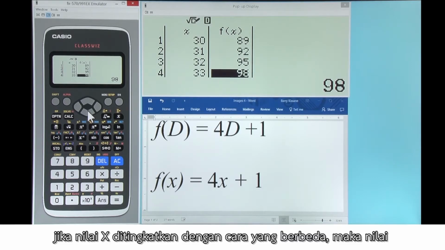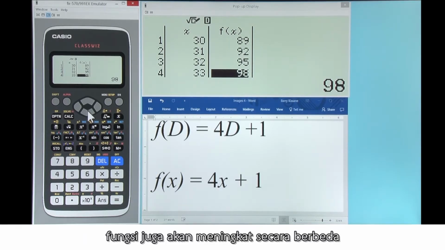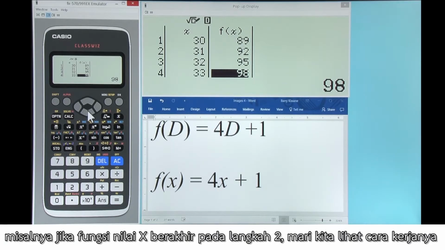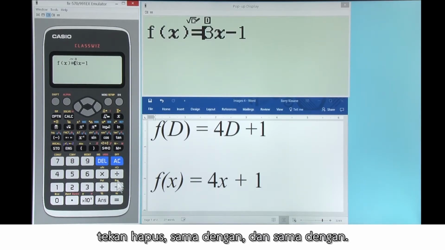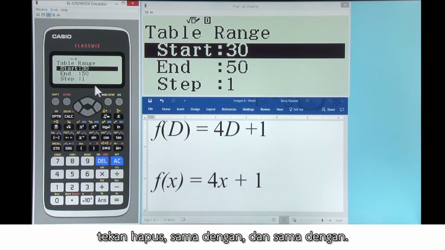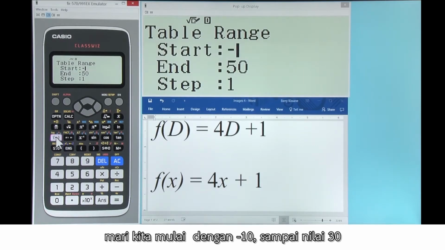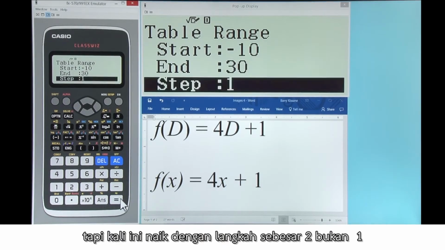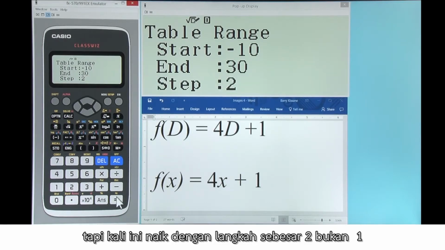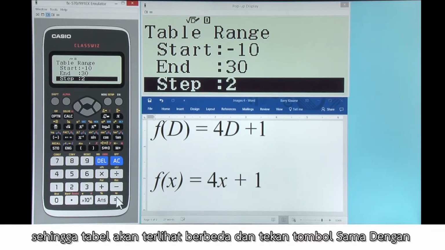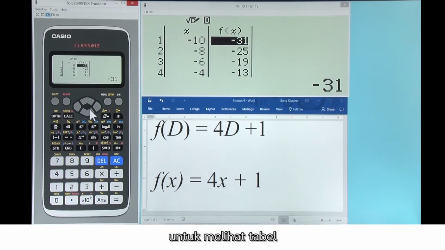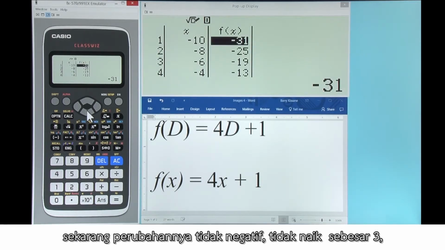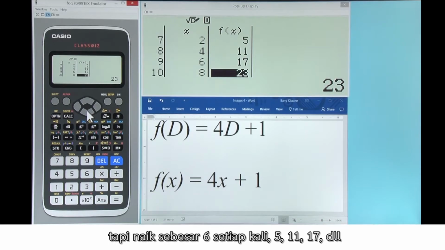If the x values increased in a different way, then the function values would increase differently too. For example, if the x values went up in steps of 2, let's see how that works. Tap clear, equals and equals. Let's start with -10 and go up to 30, but this time go up in steps of 2, not in steps of 1. So the table will look different, and tap equals to see the table. Now the change is not going up by 3, it's going up by 6 each time, 5, 11, 17,